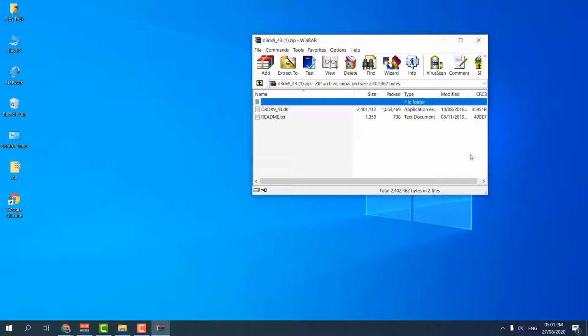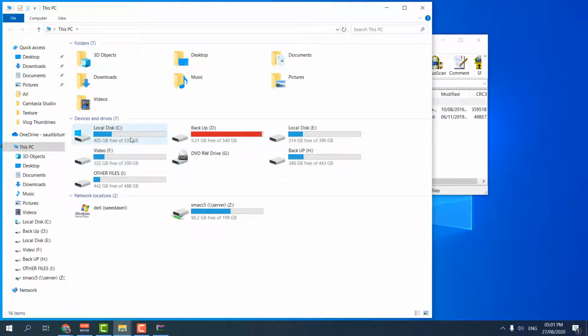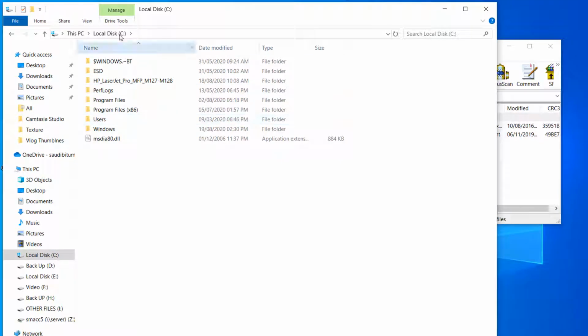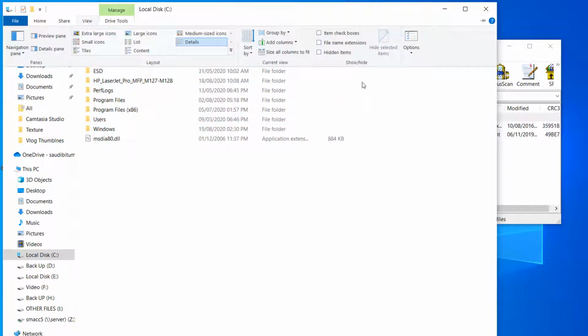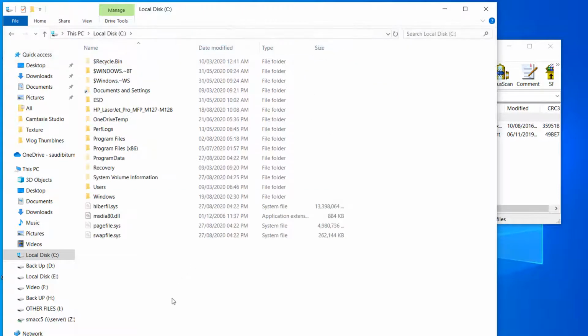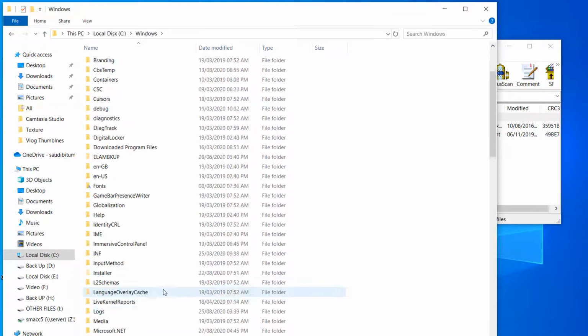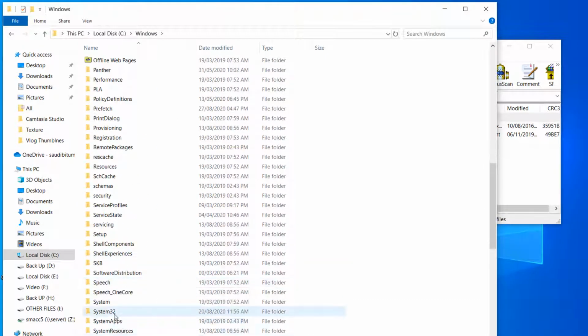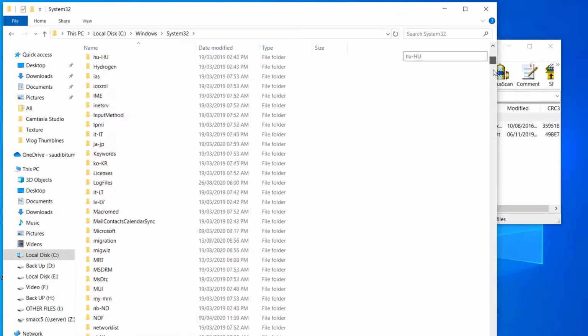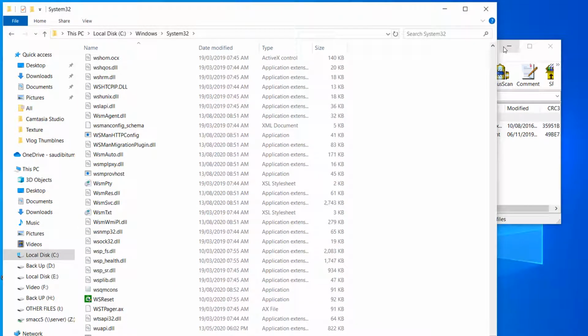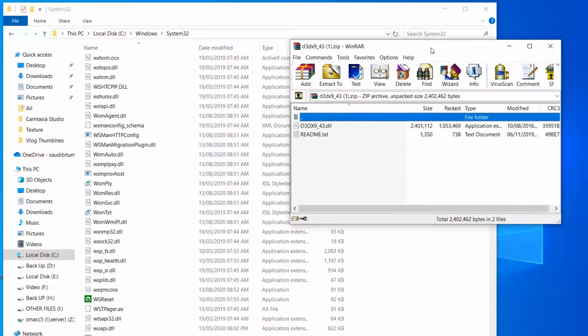After it downloads successfully, I'm going to open this folder, and we'll see a screen appear something like this. Now we need to go to our computer, This PC, and then open Local Disk C, where Windows is installed. Here we need to click View, and then check Hidden items. Then we click the Windows folder, jump over to the System32 folder and scroll all the way down, and then we need to bring this